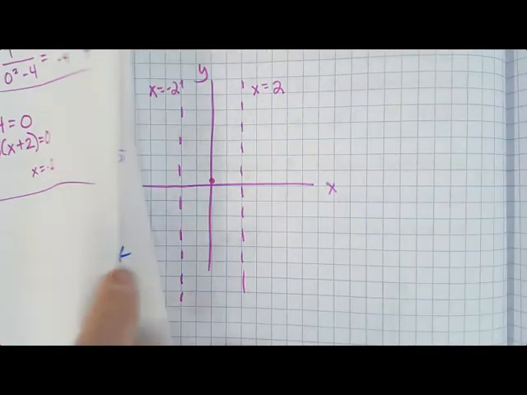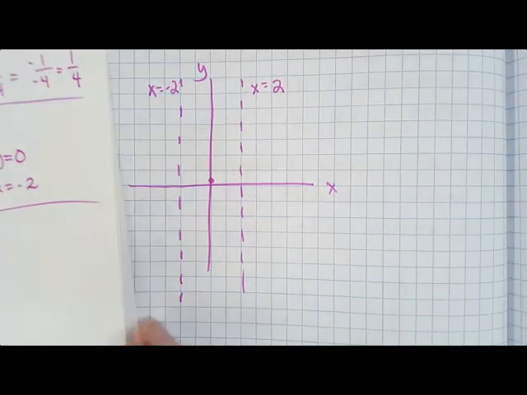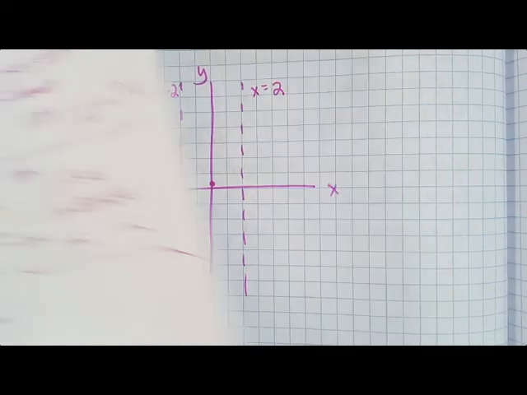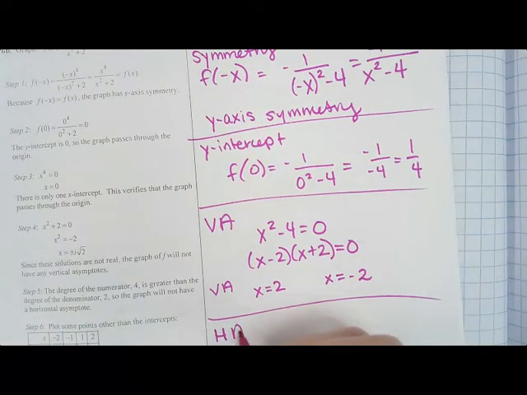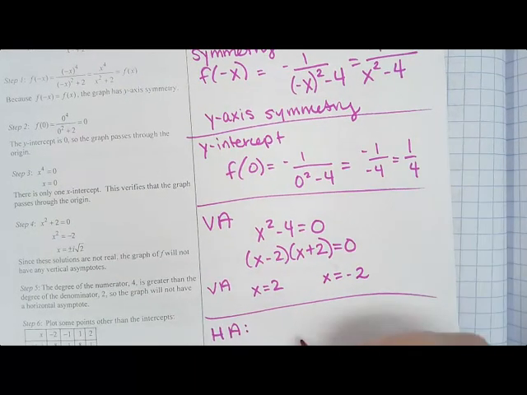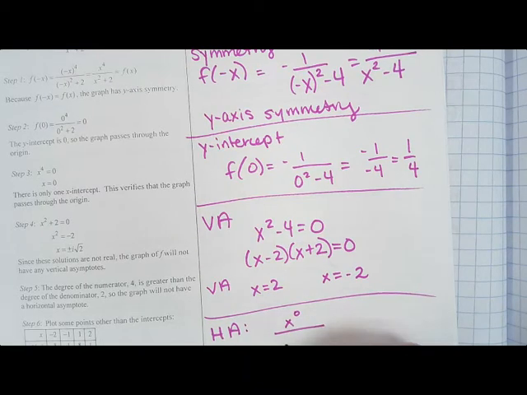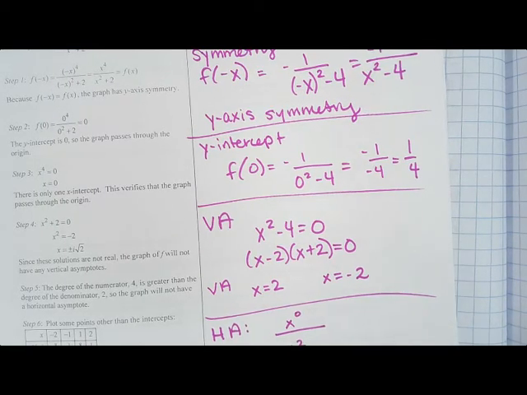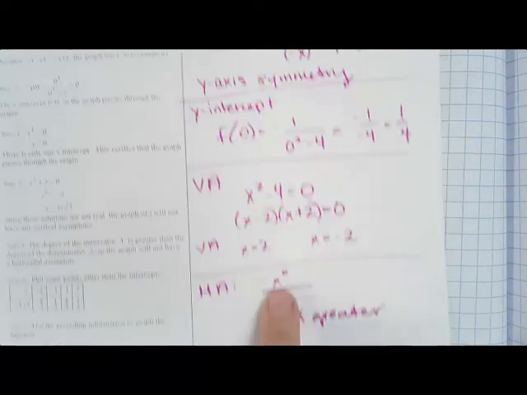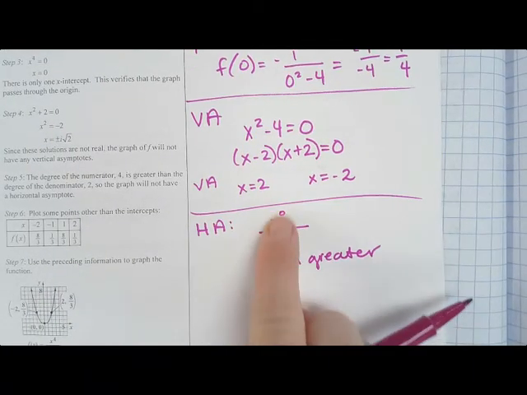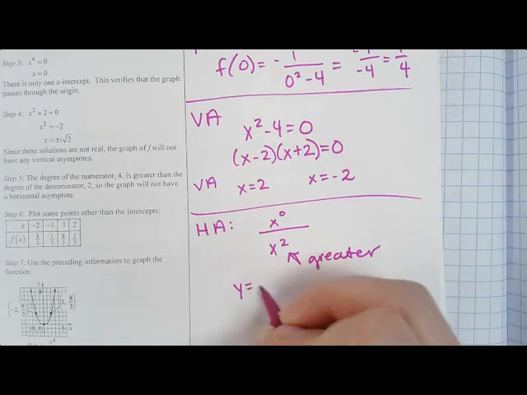Okay, and then we need to know about our horizontal asymptote. We don't have any, so we have an x to the 0 over x squared, so this one's greater. So when the numerator is less than the denominator on the exponent, that means y equals 0 is our horizontal